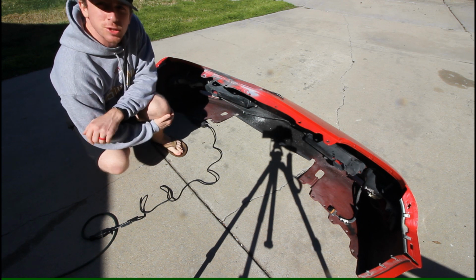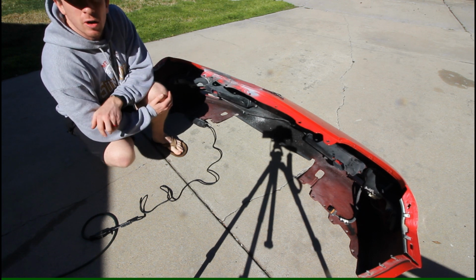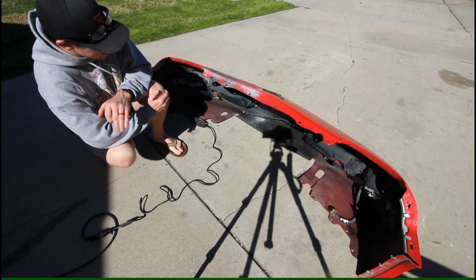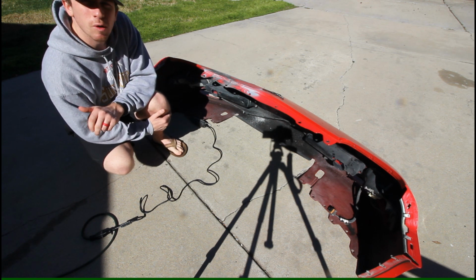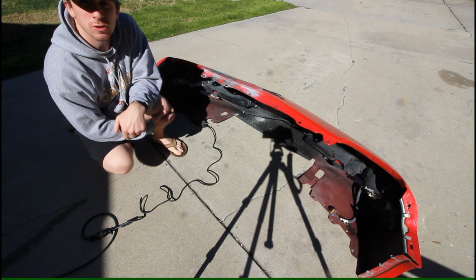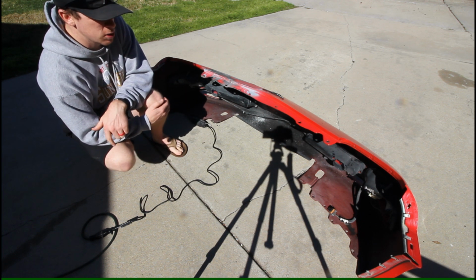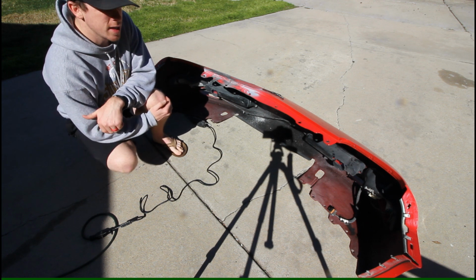Alrighty everyone, welcome to my driveway. So we are resuming the video on repairing my crash damaged C5 Corvette's front bumper. Where I left you guys off in the last video, I was basically sanding down all of the old material that I used to try and repair this bumper, and the key word there is try, because it didn't work so well. The previous materials I used were a combination of Bondo glass and a wire mesh as reinforcement. The Bondo glass did not bond well to the substrate of the bumper material,